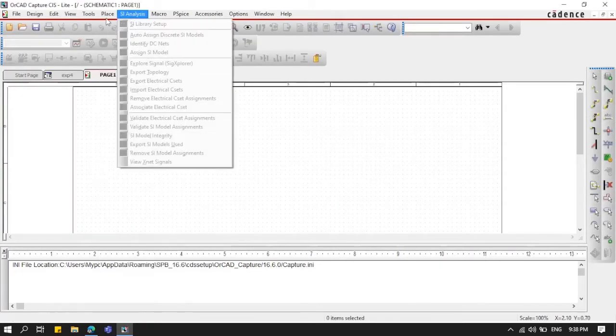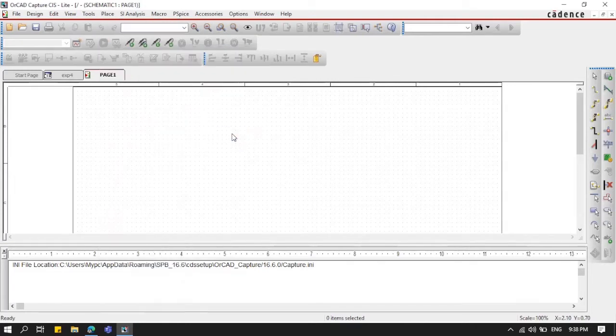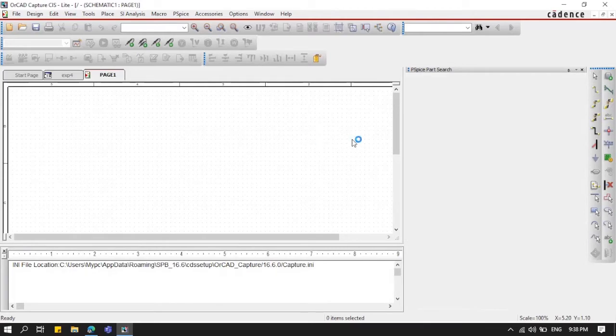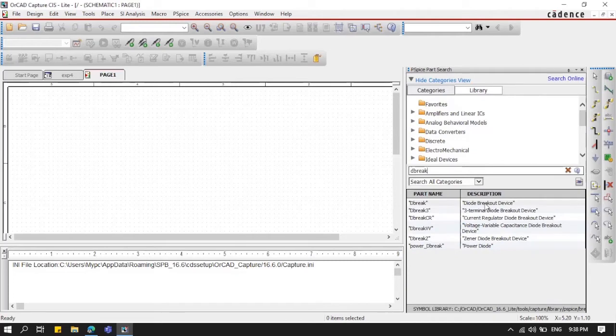Next, we need to construct the circuit. So click Place. Let's search for the diode. Here at the PSpice part search, let's type Dbreak. So click on diode breakout device, Dbreak. Double click and place it here. After that, what we're going to do is